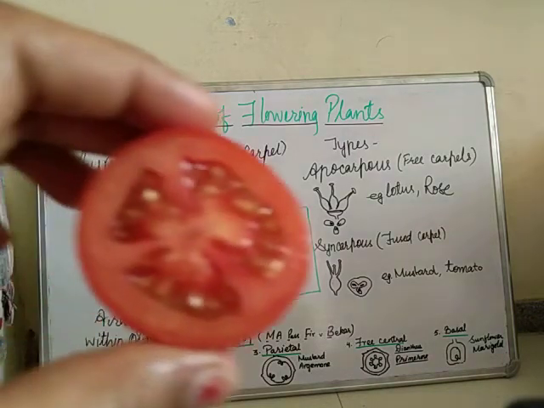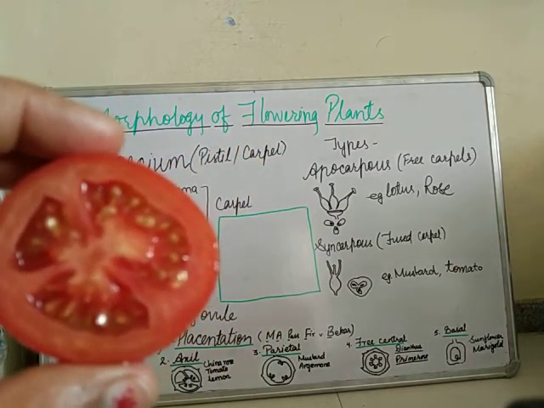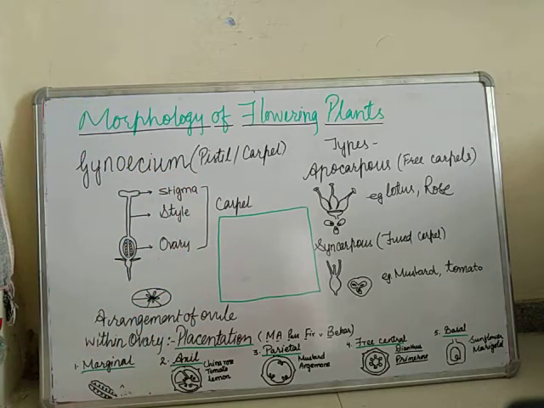Now I am showing you a fruit. If you see the ovary, you will find a similar arrangement. Now next we have the parietal one. In parietal placentation, the ovules develop on the inner wall of the ovary or the peripheral part. The ovary is one chambered, but it becomes two chambered due to formation of a false septum. You can find the parietal type of placentation in mustard and argemone.